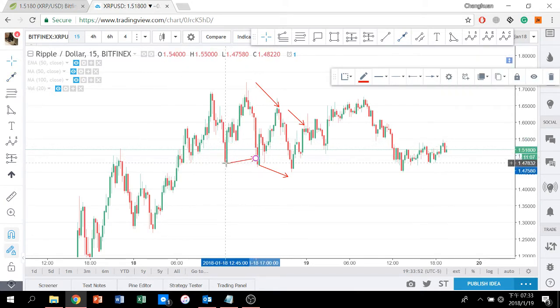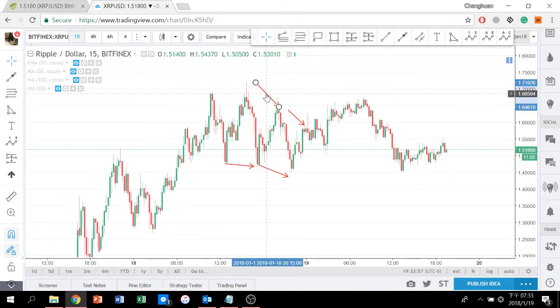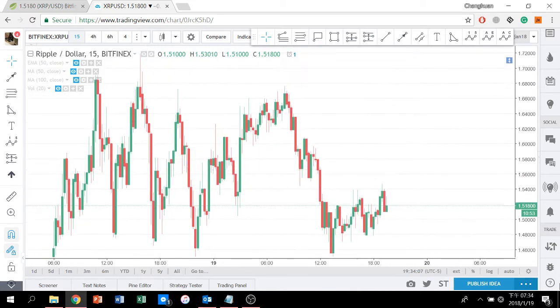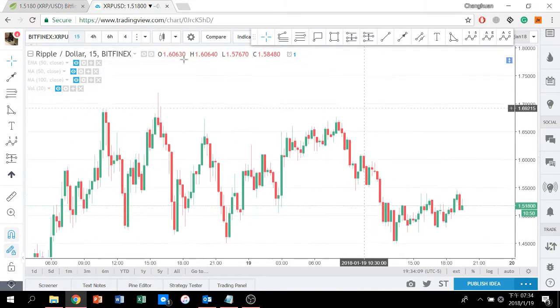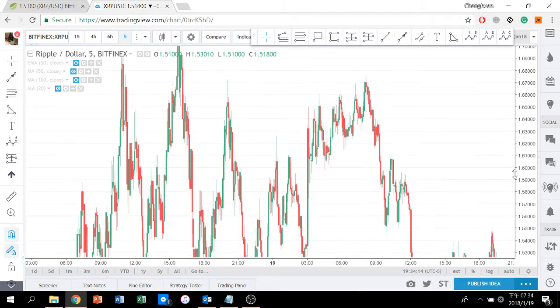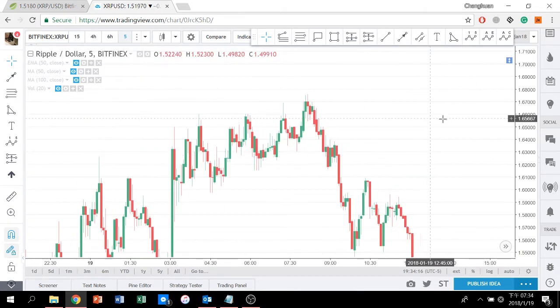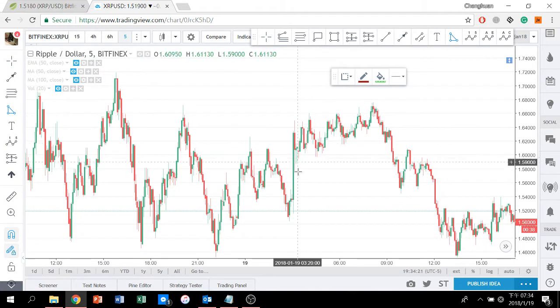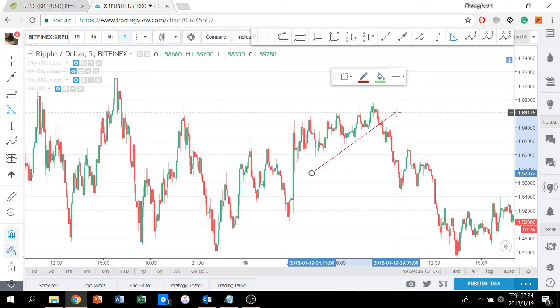Here, right? So, I would say this is wave 4 because we can show that channel exhausting, and after that, this morning, January 19th, in the morning, we also posted this idea, right? We spotted this channel right here. We said it was going to break down because, for one, we're in a bearish channel.